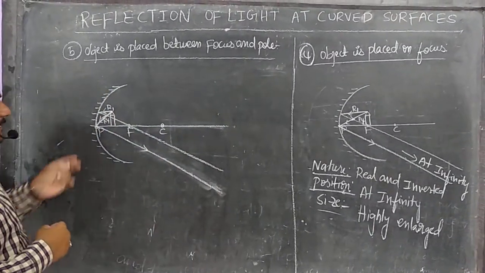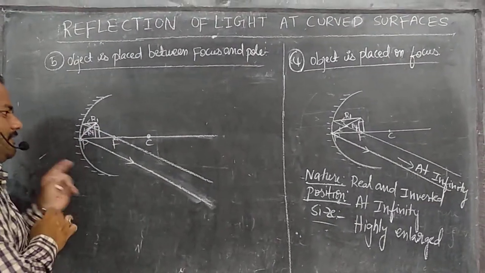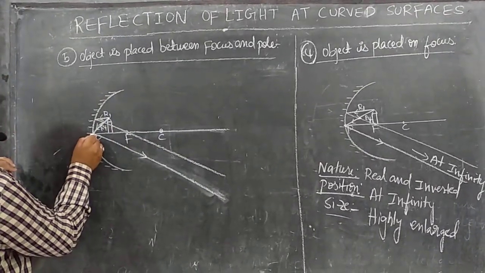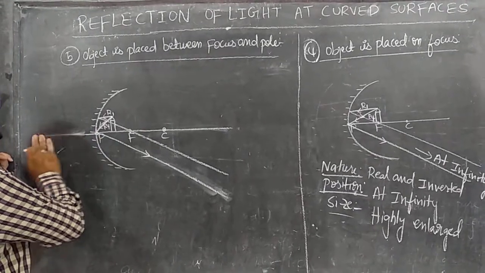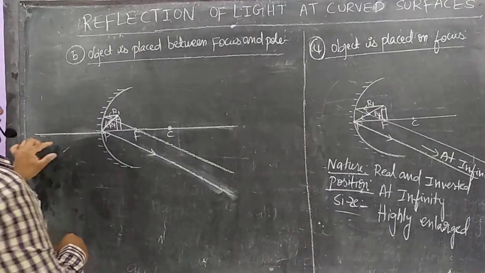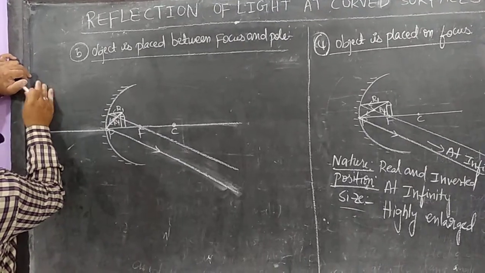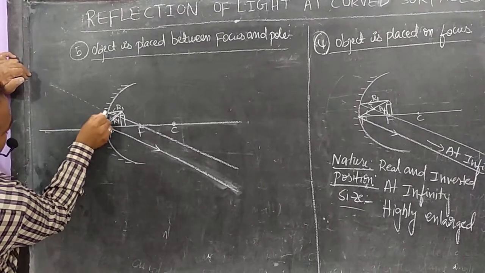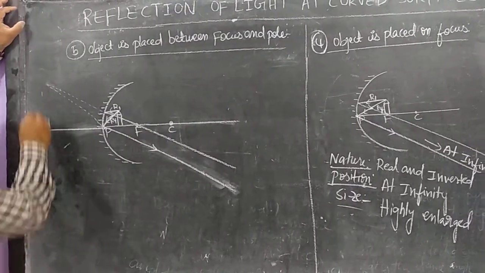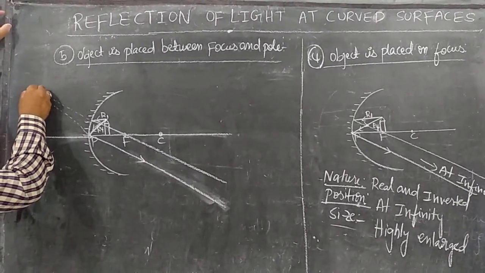Now, you know that when the object comes near the pole, in the last case, we never get the image in front of the mirror. Because now your concave mirror will behave like a convex mirror, and we will get the image behind the reflecting surface. So I should extend this line, the principal axis. See, here are the reflected rays, these two. With the help of an imaginary line, I am drawing the imaginary line now. So here, with the help of the imaginary line, I got the image behind the mirror.